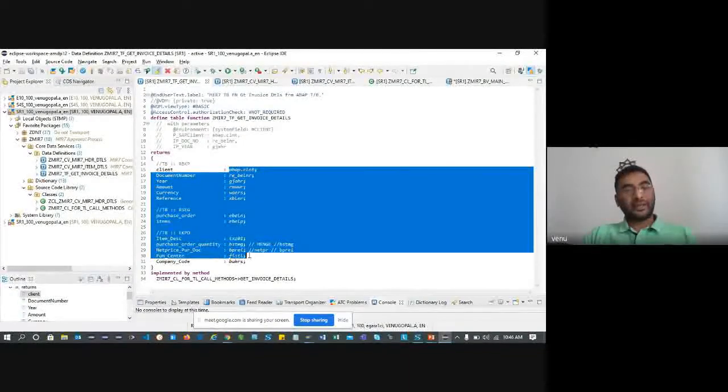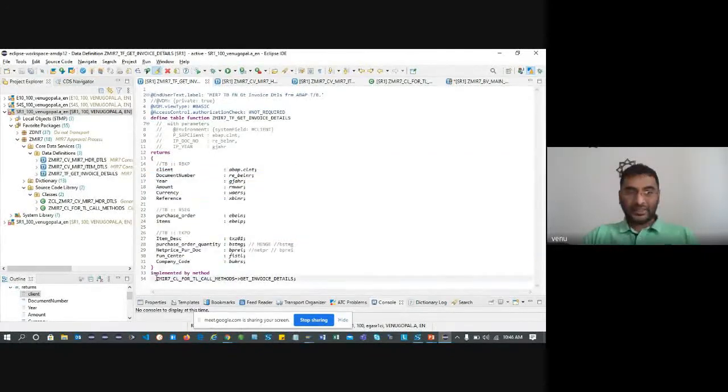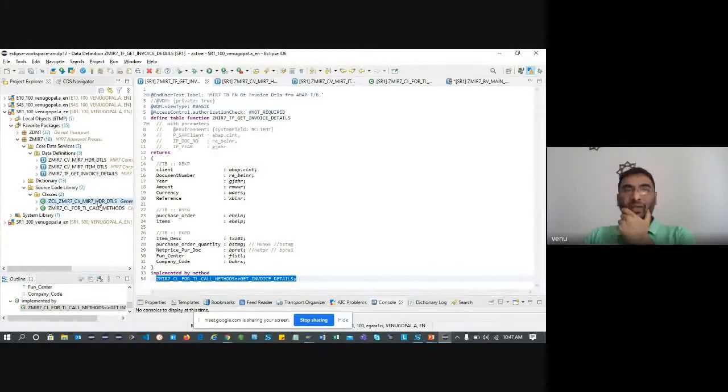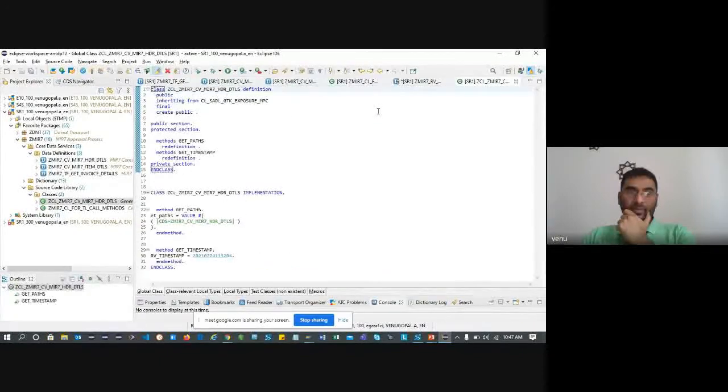So what are you going to design here? The implemented method, after defining this, you're going to get from one of the classes, and within the class you have to declare one method. That is the AMDP class you're going to define. You're going to create that AMDP class, and that's the class we have defined here. I'll show you this. This is the class.